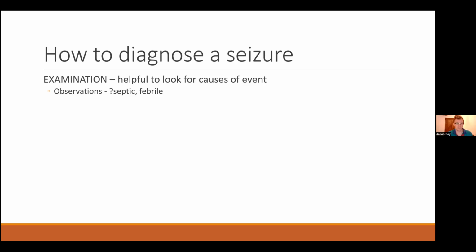Are they febrile? Particularly if you've got someone with new sepsis and a seizure, you're thinking about brain infection, meningitis, encephalitis, and that's important to think about because you need to give slightly different antimicrobials. If you give your general pneumonia or urosepsis type antibiotics, they're not necessarily going to penetrate the blood-brain barrier. So if you're thinking meningitis, you'd give specific high dose things like ceftriaxone. And for an infective encephalitis, that's basically always viral, so you need to give them antivirals. So important to think about that at the back of your mind.